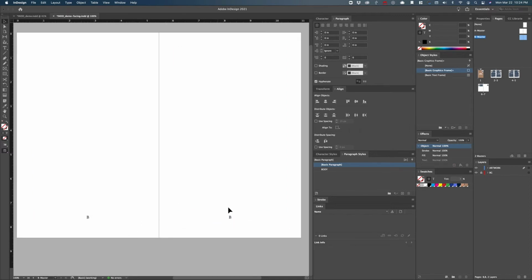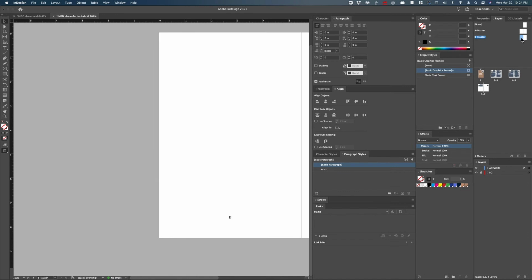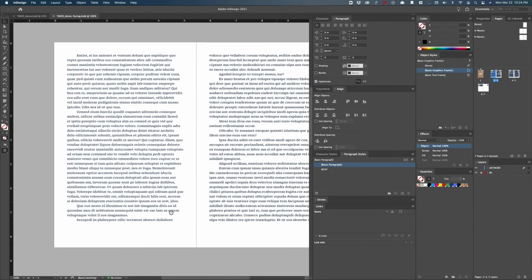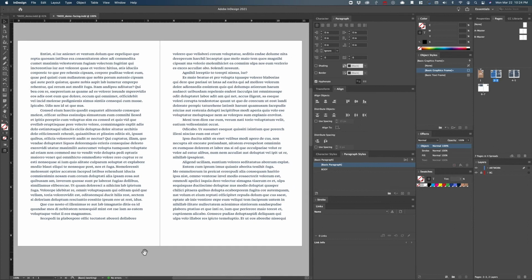In order for you to get it on both pages, you need to include the box on both sides with the page number. Now that I've done that, I'm going to double click on my page 2 in the pages panel, and I'm looking to see whether the page numbers are on here. It's not, and that's because if you're looking at this panel right here, you can see this little A in the corner. And that's because it's referencing the A master, and I want it to reference the B master because that's where the page numbers are.